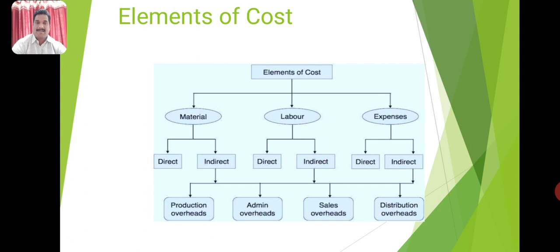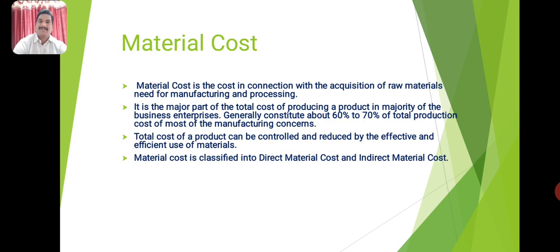Elements of cost are basically classified into three as material cost, labor cost and expenses. Material is again divided into two as direct material and indirect material. Labor is again divided into two as direct labor and indirect labor. Expenses are also divided as direct expenses and indirect expenses. Then all the indirect expenses are collectively called overheads, and those overheads will be production overheads, administration overheads, sales overheads and distribution overheads. So let us move on to the first element, that is a basic element of cost, that is